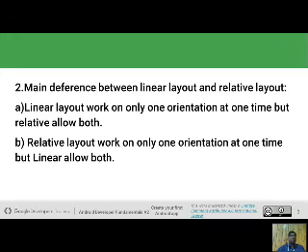But in relative layout we work on both sides, relatively, horizontally and vertically. So in relative layout the designing is easier than linear layout. So option A is right: linear layout works on only one orientation at one time, but relative allows both.